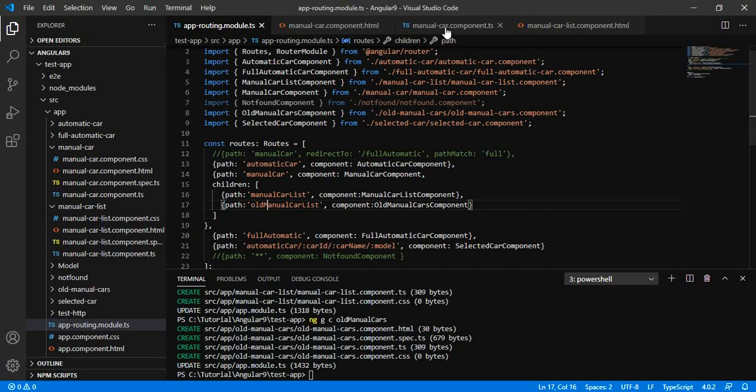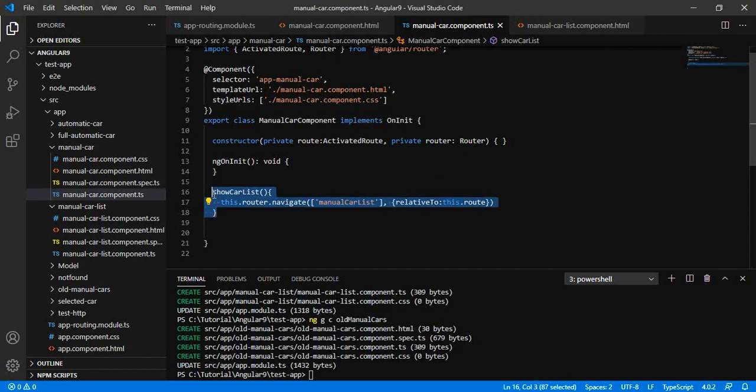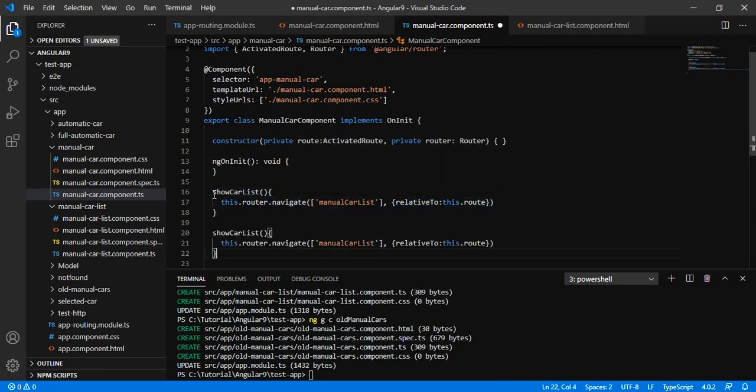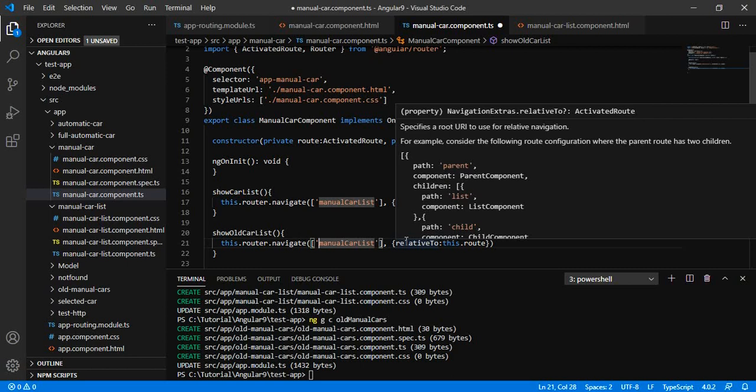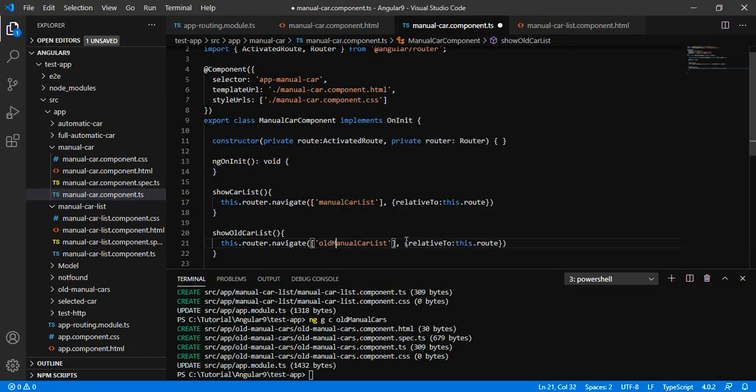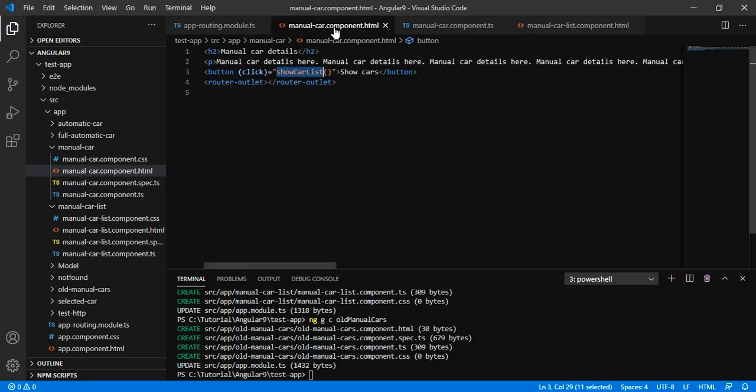Now inside here, let me say we have a method old car list, there old manual car list, and inside this let me add one more button.